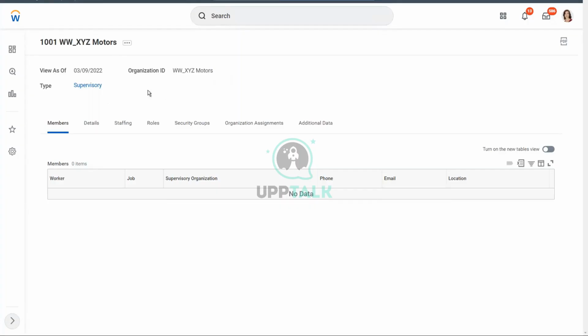What is the type of organization that we created? Can we tell it by looking at this particular page? What is the type of the organization? It is visible here and we are looking at this object as of 9th of March. As of today, we are looking at this organization as of today. Now, what does that mean? Now, view as of, does this indicate